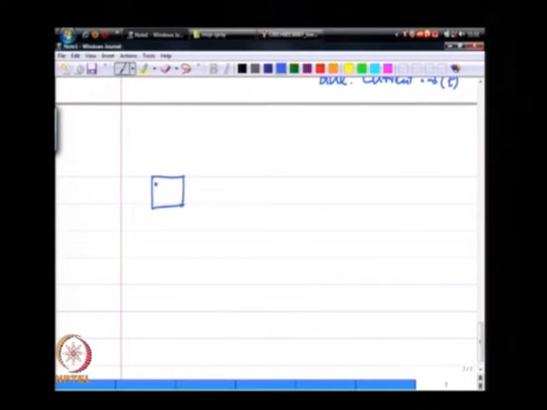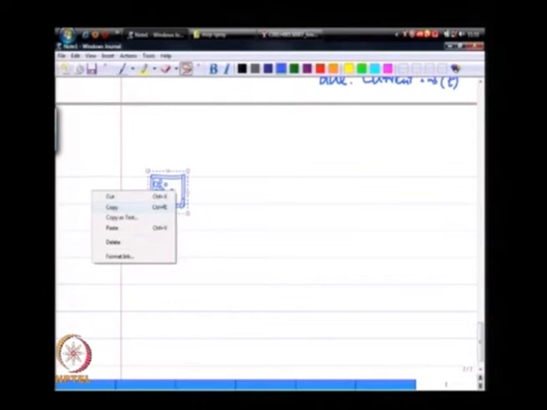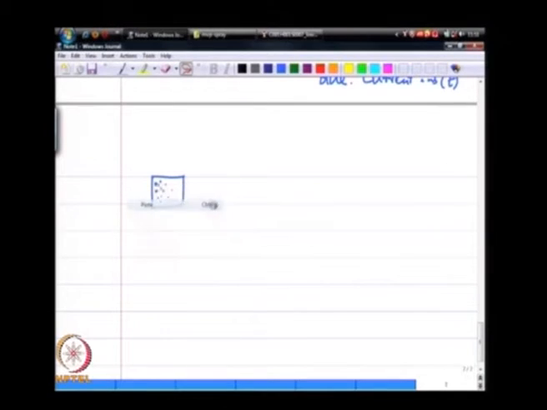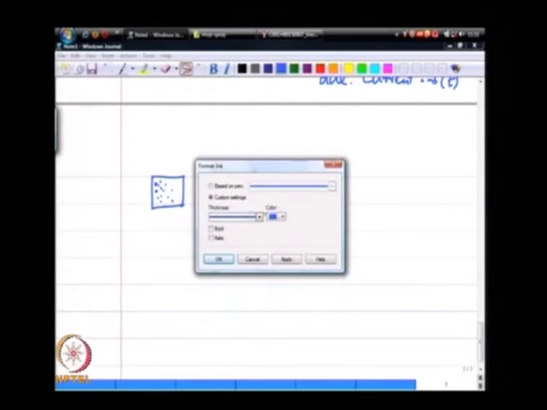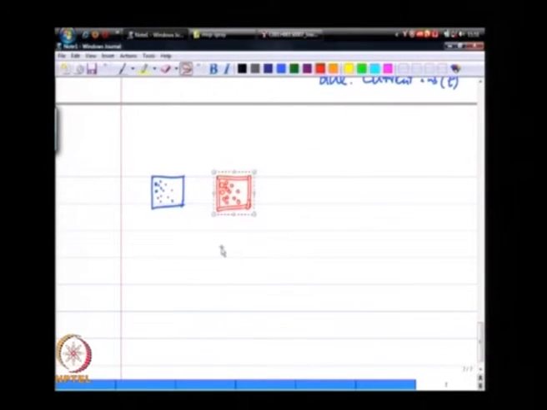So, let us say the blue dots were all sort of like that, and the same